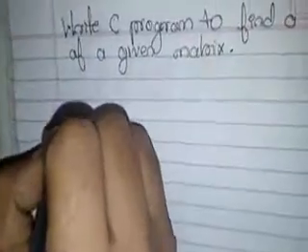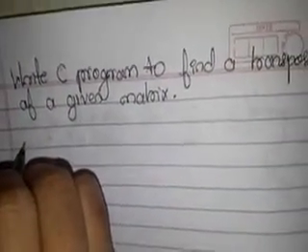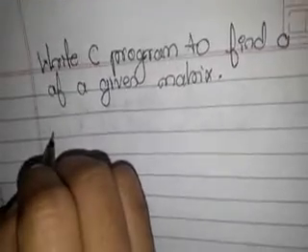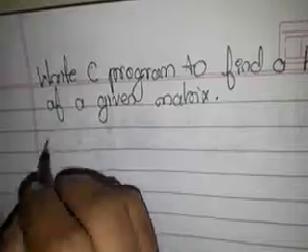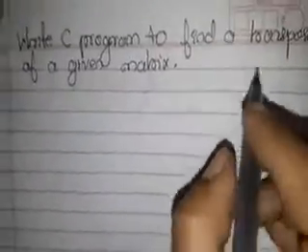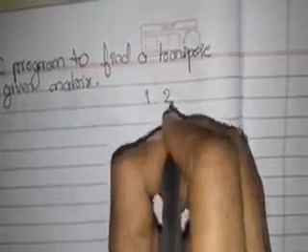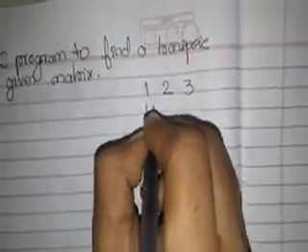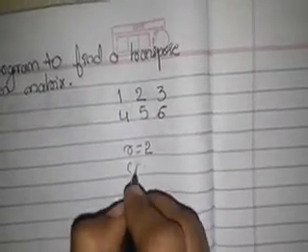Okay. Dear students, now we'll discuss the next program, that is a program to find the transpose of a given matrix. So first understand what is a transpose of a given matrix. Let me take an example for that. See, for example, if I assume a particular matrix 1 2 3 4 5 6. How many rows are there in this particular example? 2 rows. How many columns are there? 3 columns.